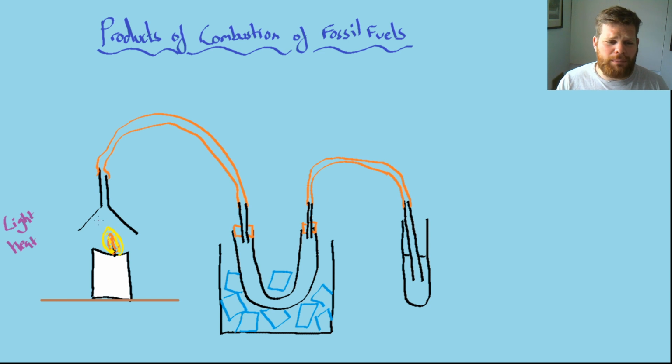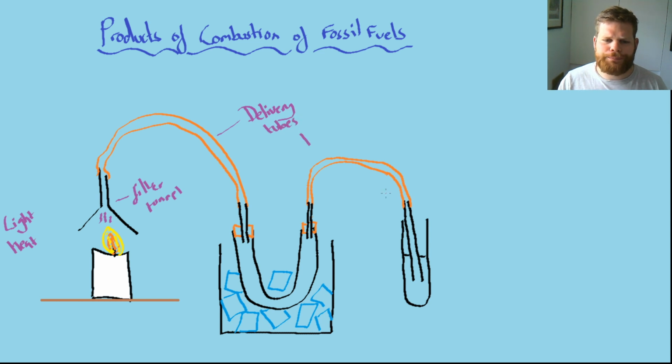Now, there are also lots of gases being produced from our candle. They're colourless gases, ones that we cannot see. So let's investigate how we would actually identify what they are. What we can do is capture these gases. This here is just an upside down filter funnel, and we can capture the gas and pass it into these tubes. These tubes that go from one piece of equipment to another, we call delivery tubes,